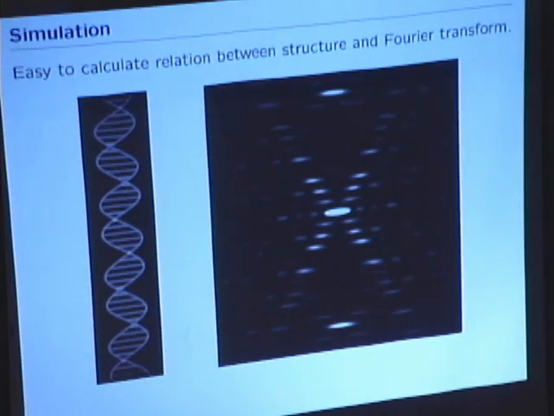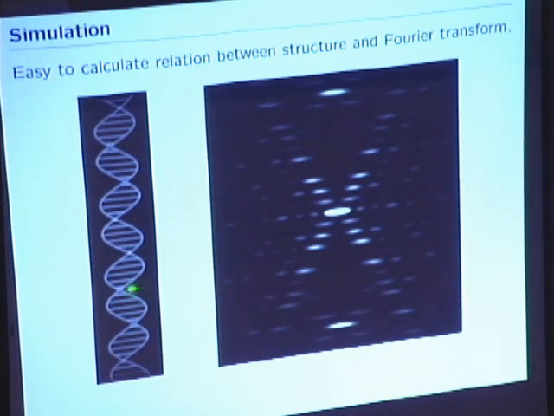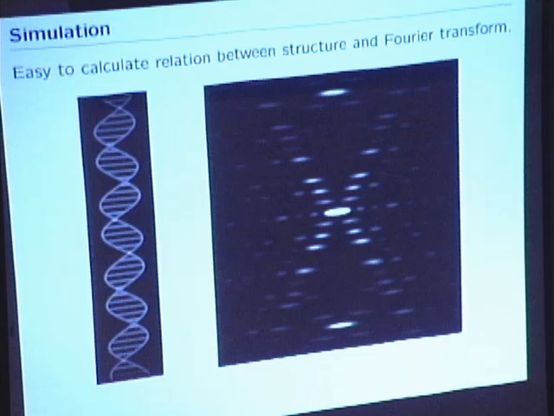Here, all I've taken is a trivial model. I just made a wire frame that had base pairs arranged as a rotating spiral, just like a spiral staircase. Then that was a three-dimensional picture. Then I just flattened it. And then I took the two-dimensional Fourier transform and got that. So got it? So the idea was I made a trivial model for what DNA should look like according to a modern conception,